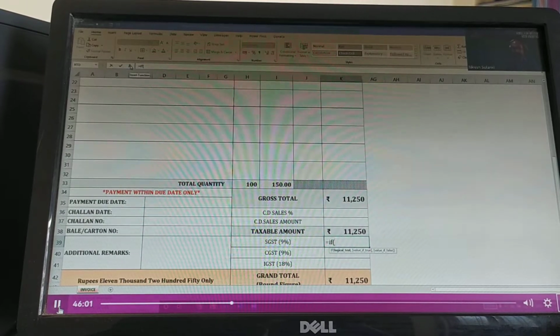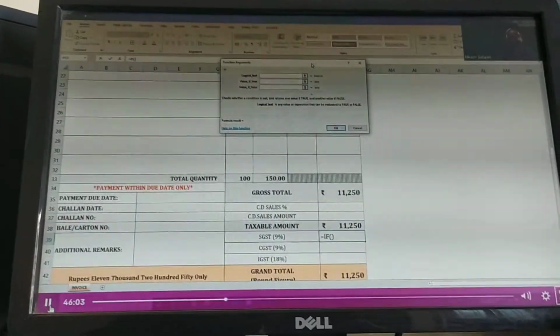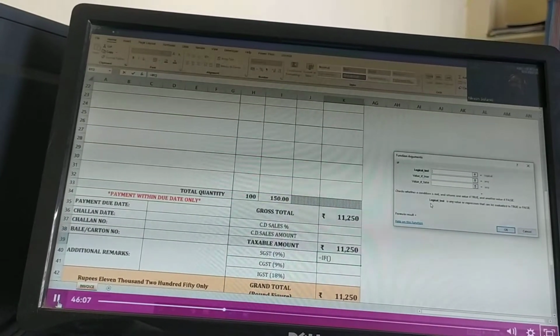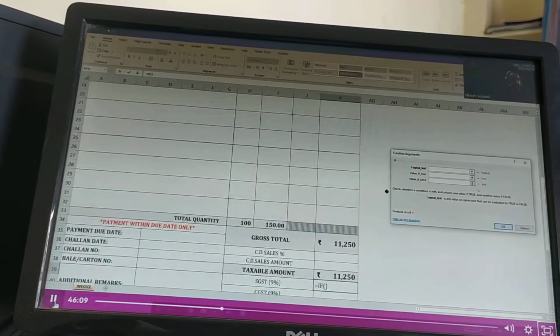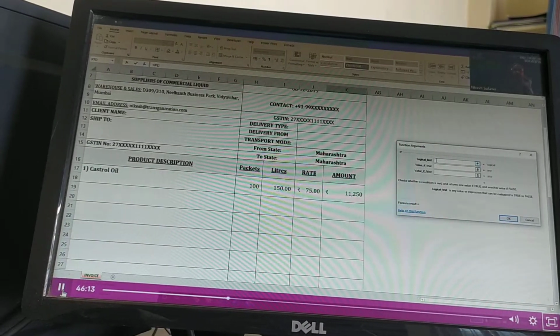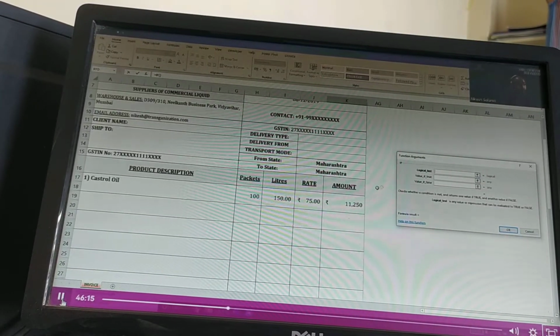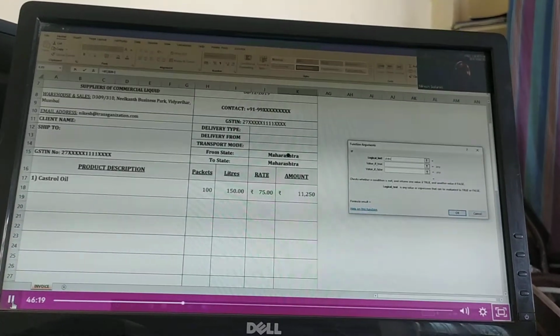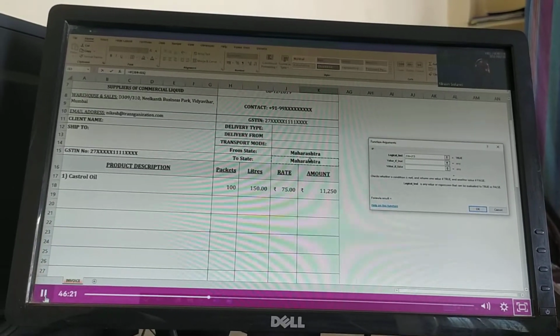I'm going to go in fx. Okay, fx, when I click on fx, it is on the formula bar. It gives me 3 things that I need to fill in. What's the logical test? Logical test is very simple. What is the condition you want to test? I want to test that this is equal to this, right?